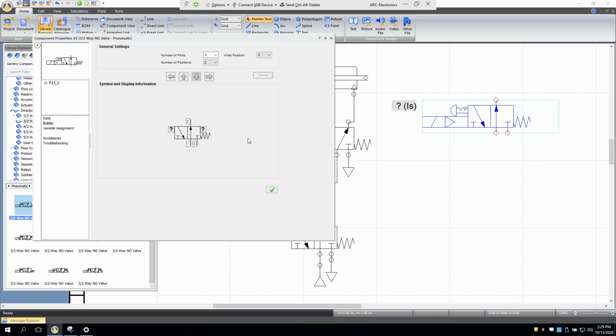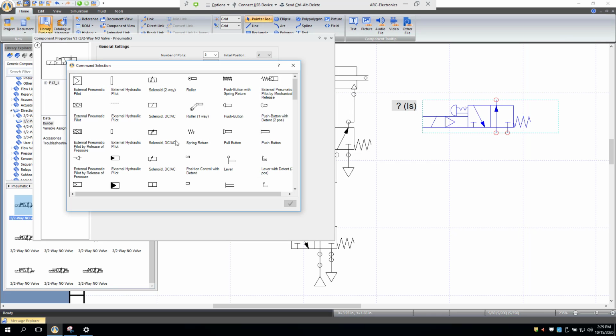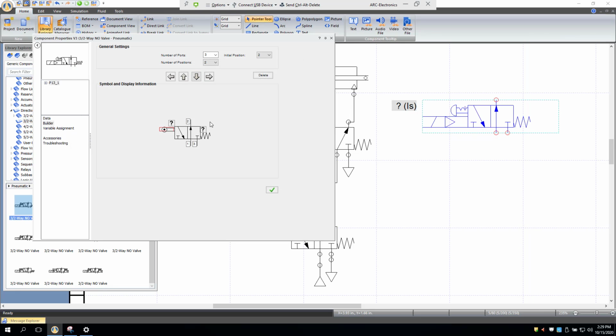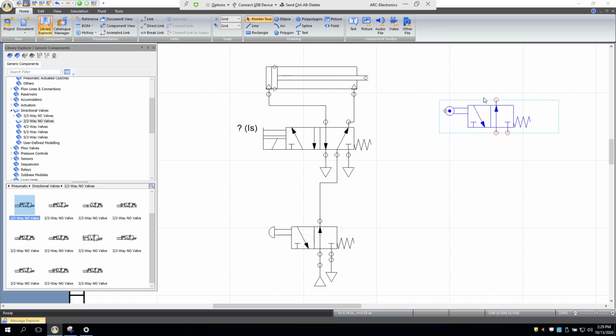Let's get rid of that, and that's good. So let's double click on this one, and it looks like we're going to use a mechanical, here we go, roller. That looks correct, and click it, and it wants us to copy it. Let's right click, copy, paste. Good. Okay, let's close out of our Library Explorer,